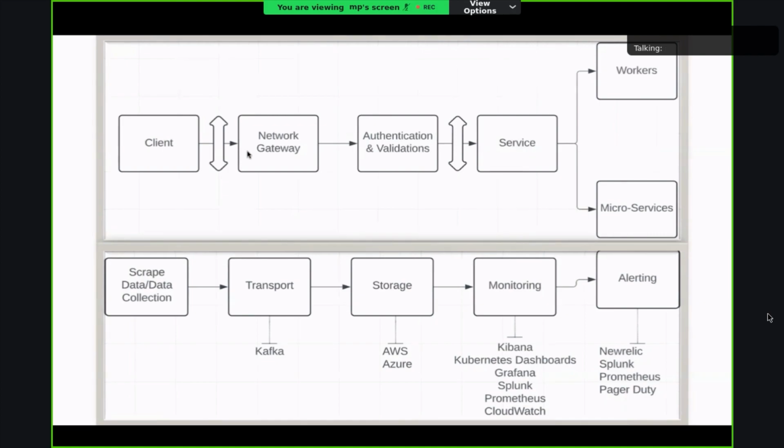Then we have storage: for storage we use AWS and Azure, and for monitoring we use Kibana, Kubernetes dashboards, Grafana, Splunk, Prometheus, or CloudWatch. For alerting, there are different options, be it New Relic, Splunk, Prometheus, or PagerDuty. I will cover all these things in detail in the coming slides.